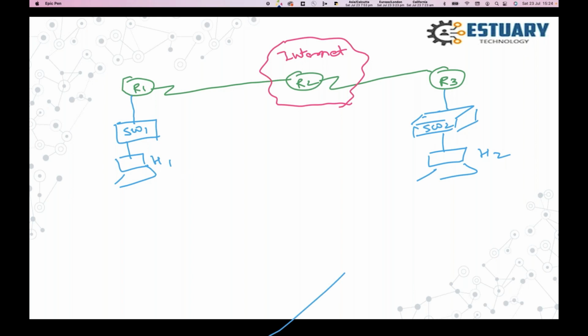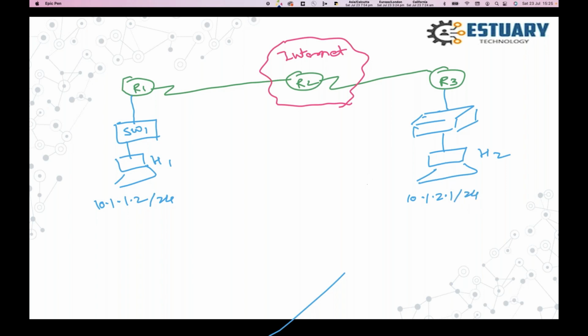Now I want to reach over the internet, right? So this is my IP address, for example, 10.1.1.2/24, and this is 10.1.2.1/24.